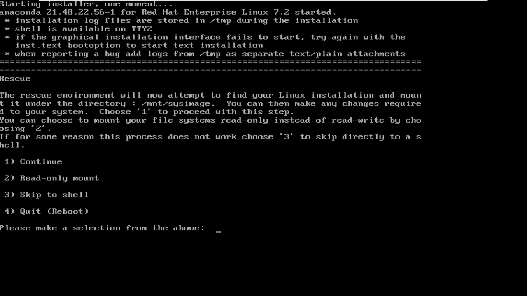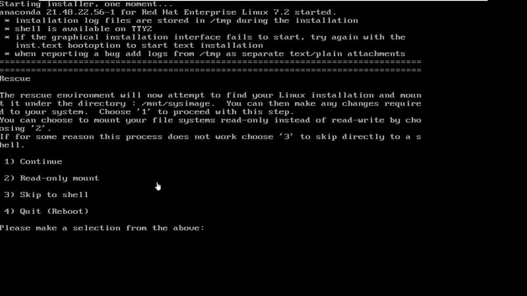That is what it is saying here. It is saying that you are in the rescue, and the rescue environment will now attempt to find your Linux installation, and when it is found, it will mount it under this directory, under mnt, under sysimage. Now this mnt is coming from our DVD.